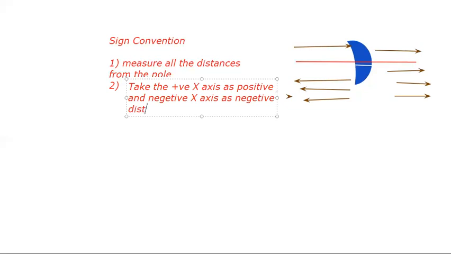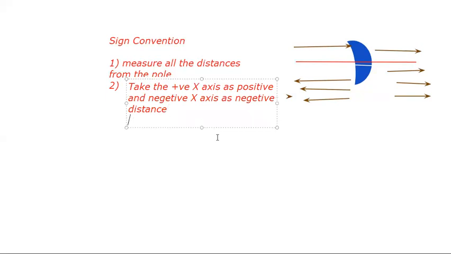Just one condition: incident rays should always travel from left to right. So no need to remember how to take the positive, negative. Just remember one thing: take all the rays from left to right, and therefore distances along the positive x-axis will be taken as positive,